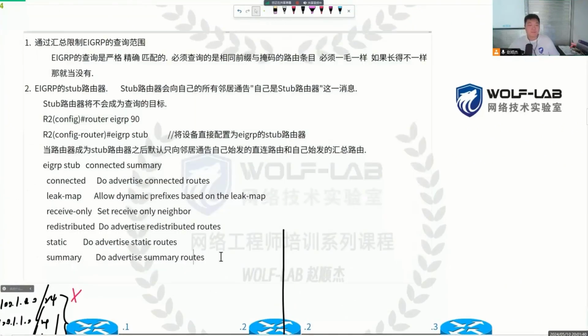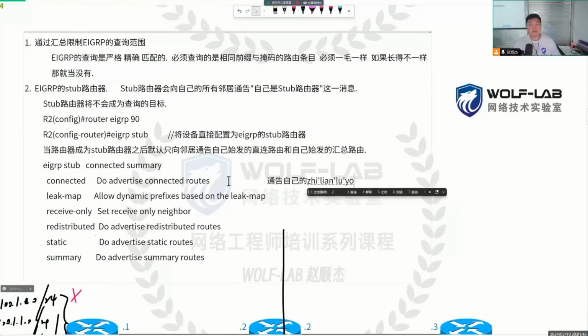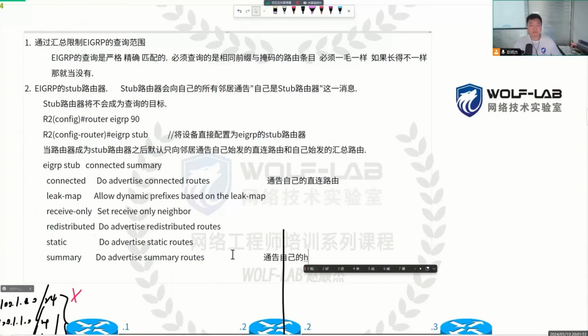We can also add something: receive only. If we use receive only, it becomes quite special. With receive only, it's simple. I become a stub router, and then I don't announce anything. Let's get this out there. These characteristics